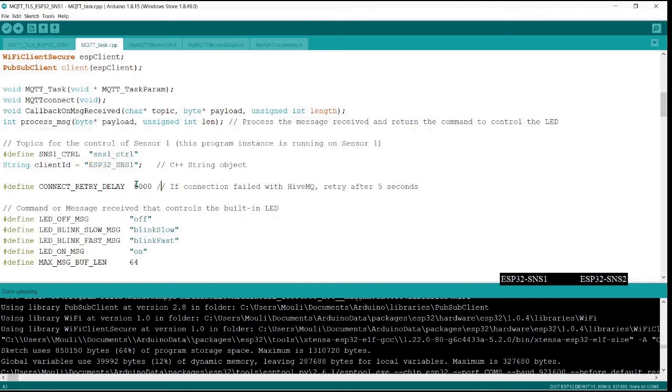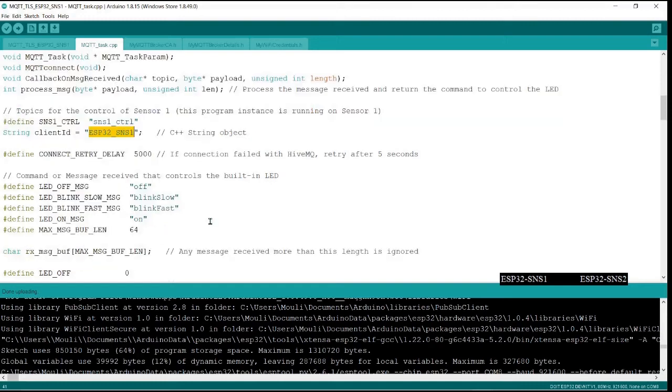So you have to make sure that even though the same software is running, they give different client IDs to the broker, so that the broker knows it can maintain information about the different clients. So that when a publisher is sending any command, it will be able to send it to the particular client. The broker should know the different clients by their different client IDs. So you have to change this also if you are creating another instance of this software running on another client.